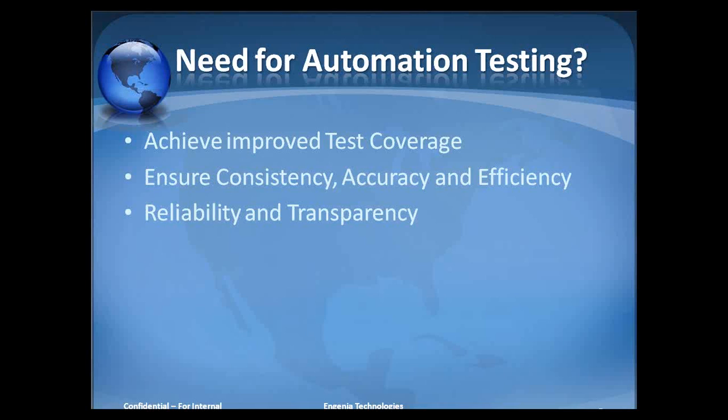The next one is reliability and transparency. If we look from the above point, we can say that the test scripts which we run or execute give an understanding that the tests are reliable and also transparent. We would have all the details at the end of the testing cycle, such as how many test cases were executed. Also, we have different testing tools which take regular snapshots at different points of time, and they will let us know that, for example, test case number 347 was run in this particular time frame, and here's a screenshot of this particular test case.